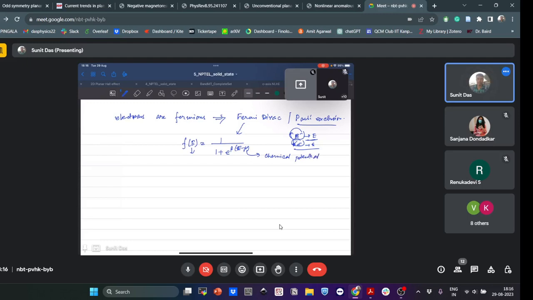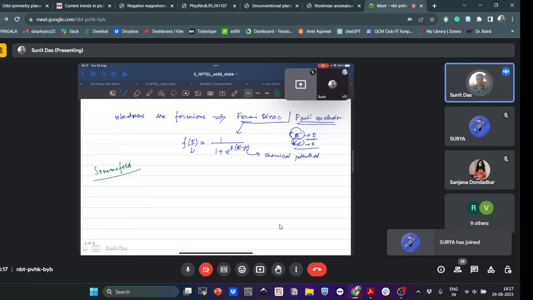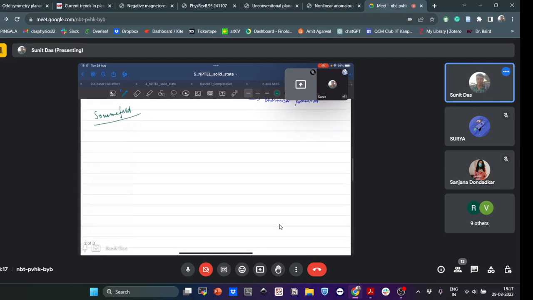So based on this Fermi-Dirac distribution and Pauli exclusion principle and other things, there is Sommerfeld theory. When Drude theory failed, Sommerfeld came up with his own idea, and it is a quantum theory,